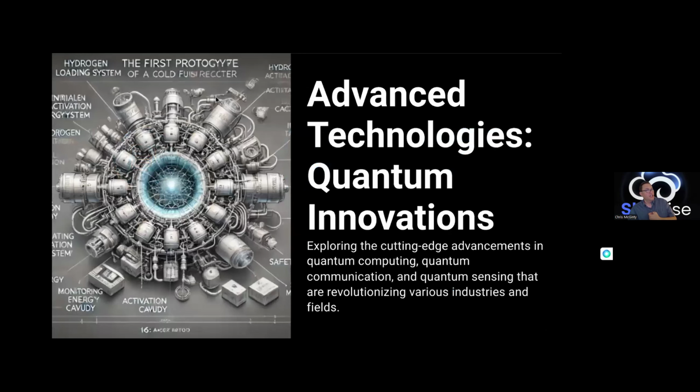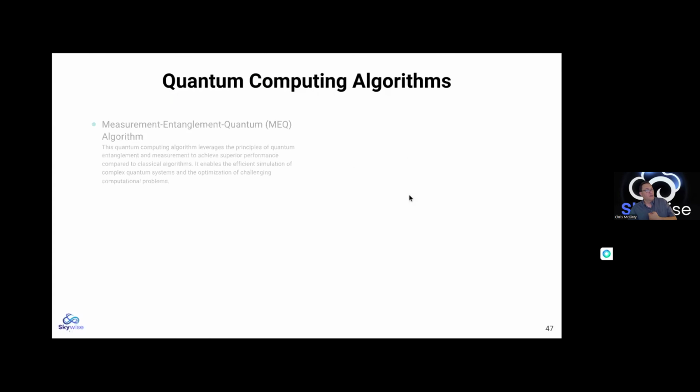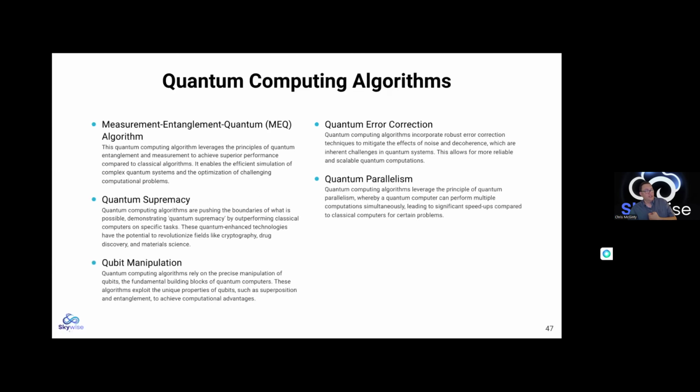This is, again, part of the first prototype for the cold fusion reactor. I wasn't kidding when I said we have detailed schematics for all of these things. This is an area where we're going to see much more improvement too. We can apply this framework to these quantum computing algorithms. So we can do some measurements. It gives us a way to even measure things down to the Planck scale.